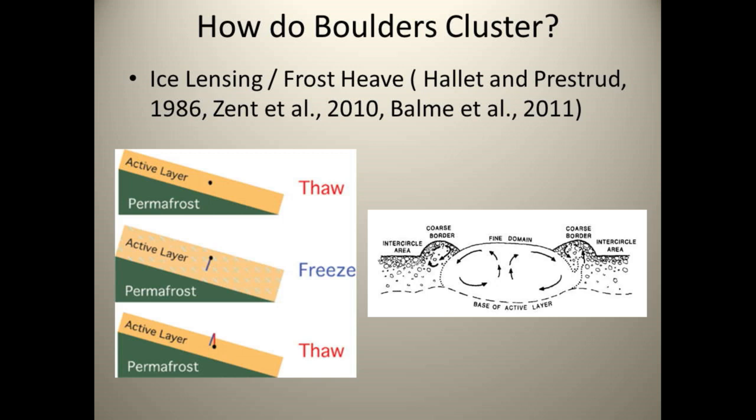if these polygons are very old. When there might have been a previous warm and wet climate on Mars, which would have allowed frost heave in the near surface. However, it's been very cold on the surface of Mars for many ages, the past millions of years, and so we do not expect the surface to be above the freezing point of water on a seasonal time scale. And that's what's necessary to melt the polygons enough and then refreeze them to form these large ice lenses that are capable of moving large boulders.